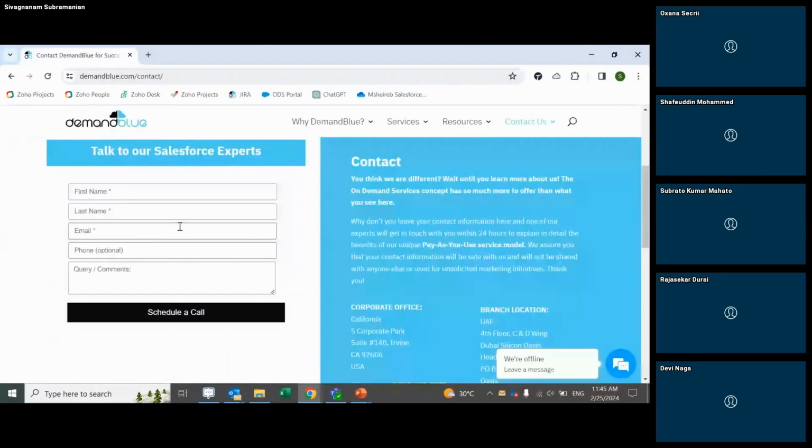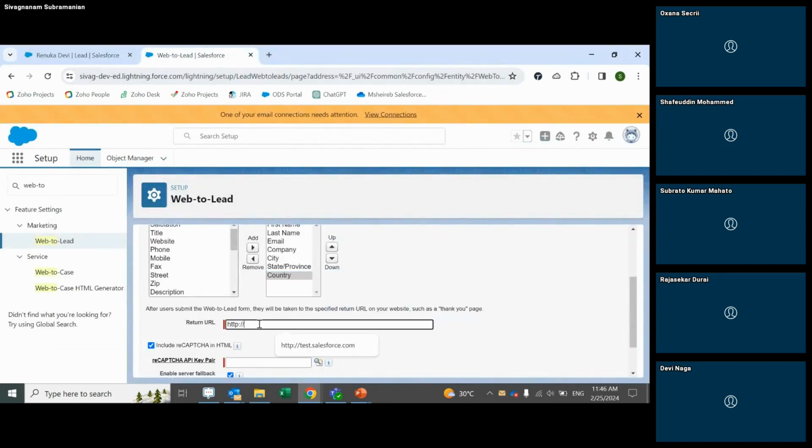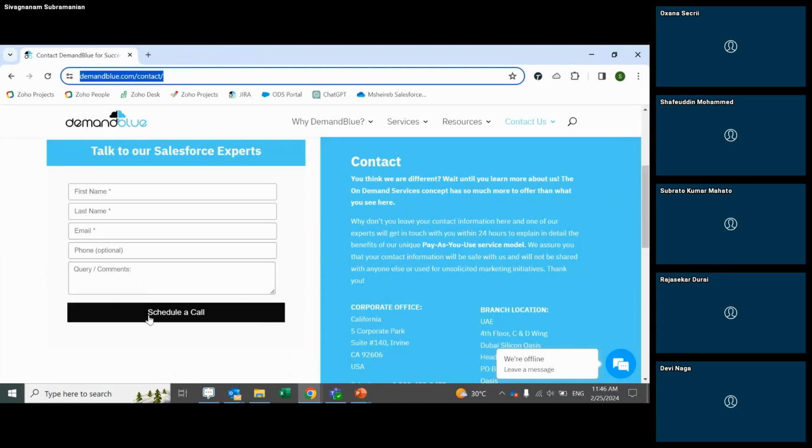Okay, after saving this record, which page should this screen navigate to? Usually in their website, they will have some kind of thank you page. Okay, thank you for showing interest in us. Our sales rep will reach out to you soon. We have to get that URL from the web developer team and add it here. So this is called the return URL. After clicking the save button, which page has to be shown here? This is obviously from your website,